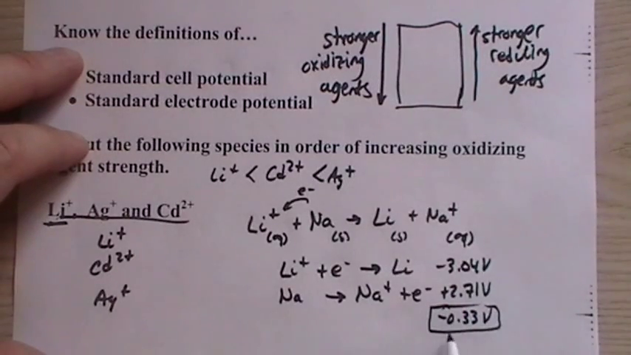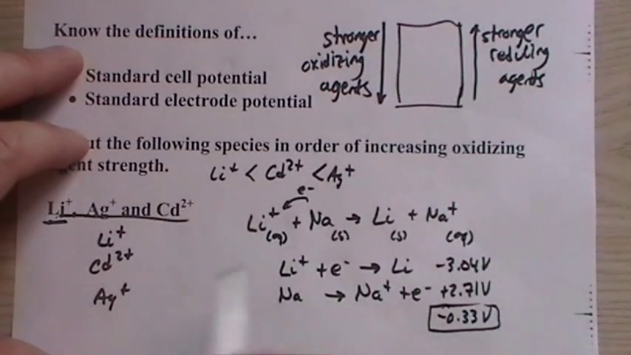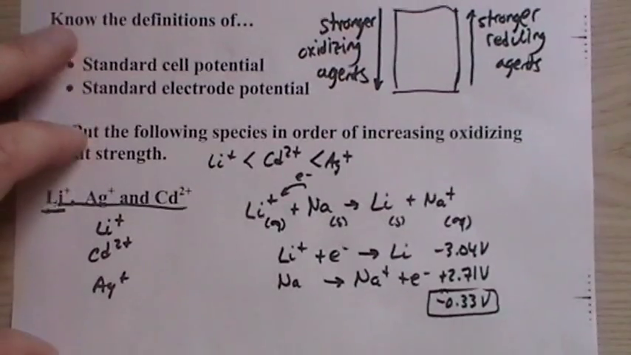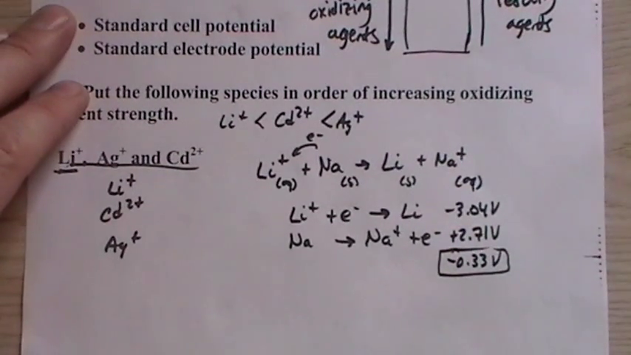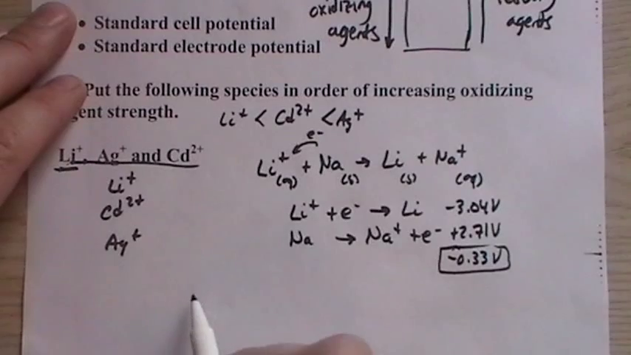So this E value is less than 0, so this is a non-spontaneous reaction. So lithium plus here doesn't even want to do this reaction. If it does it, it does a very small amount. Now let's look at